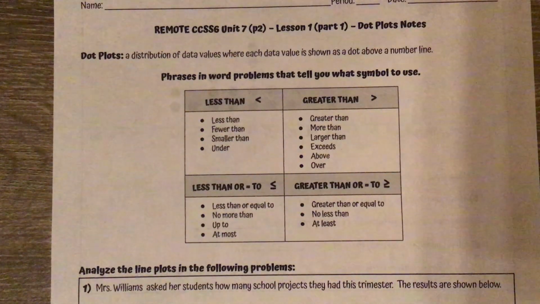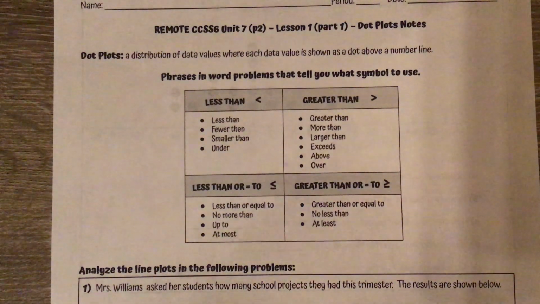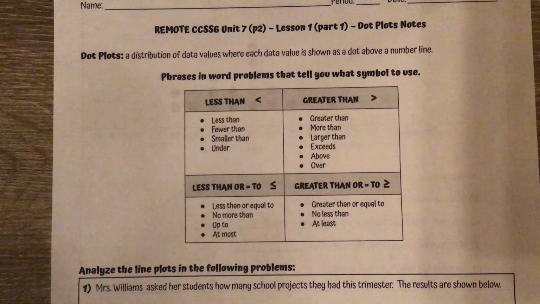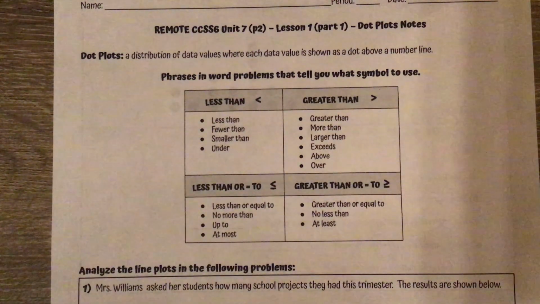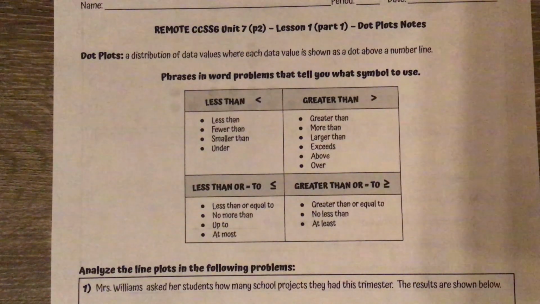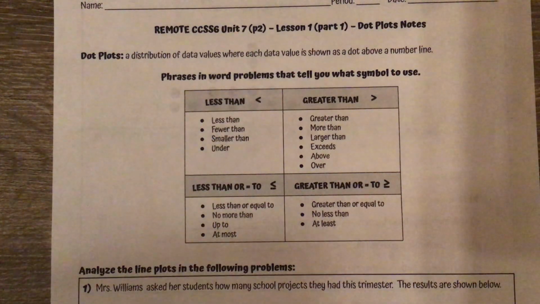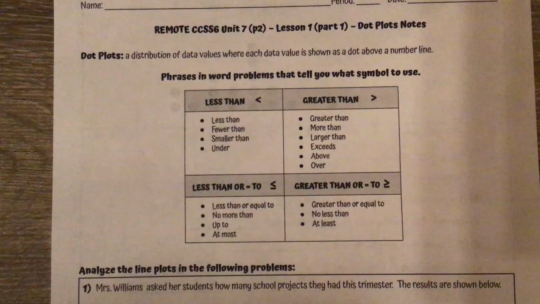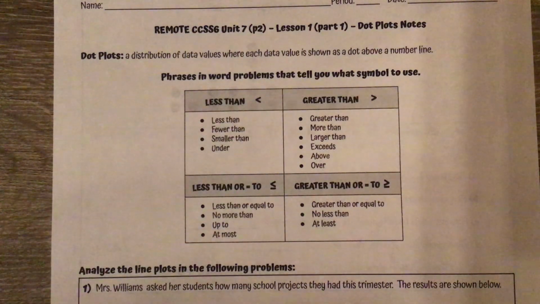For the first lesson of our statistical displays unit, we are going to be looking at dot plots. If you've ever made a line plot before, it is basically the same thing, just using dots. So a dot plot is a distribution of data values where each data value is shown as a dot above